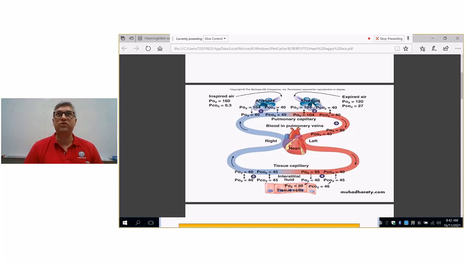So how much oxygen you're getting in and how much CO2 you're getting out, in the fact that it's exposed to external air. So they're the pressures of the inspired air as opposed to expired air. Inspired air is that one, 160, and CO2 close to 0. And so they come out to average around particular numbers, and then the red cell goes to the pulmonary veins, back to the